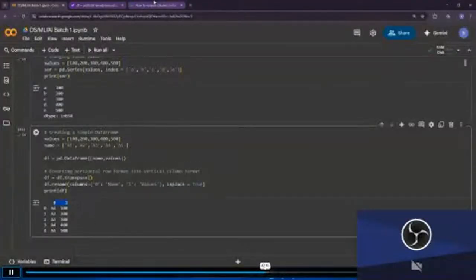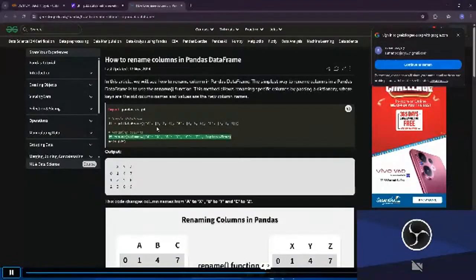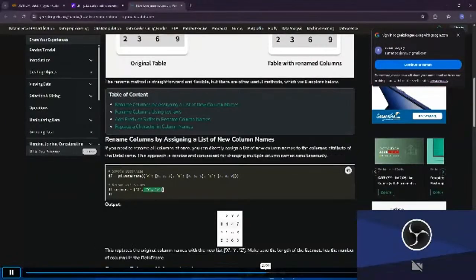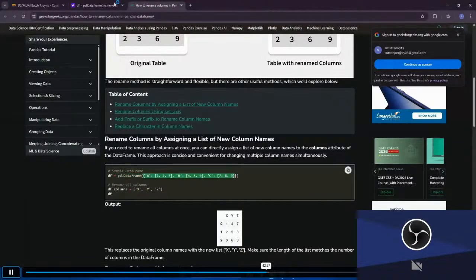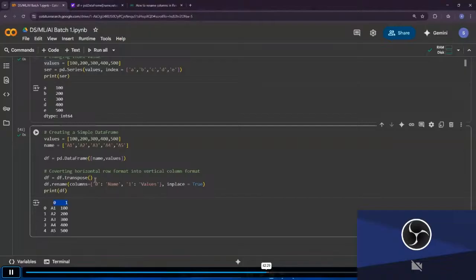Name and values. Okay. So set axis. One more is there, data frame. Okay, we'll use this. I think this is better. So we can make use of the dictionary directly. I'll open the dictionary, and I'll mention this as